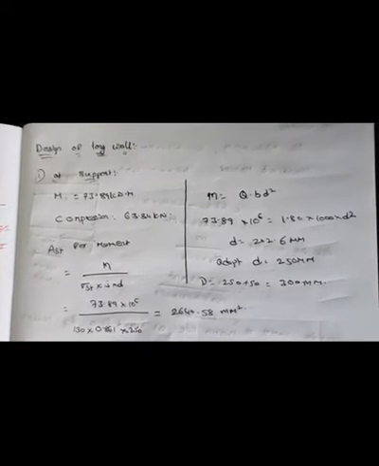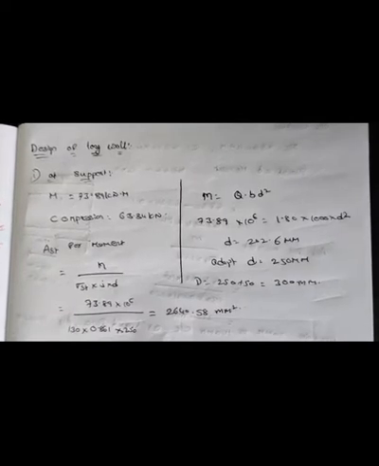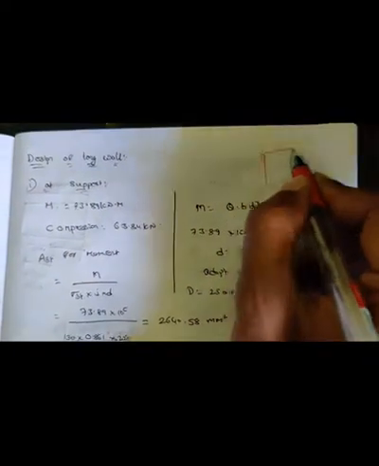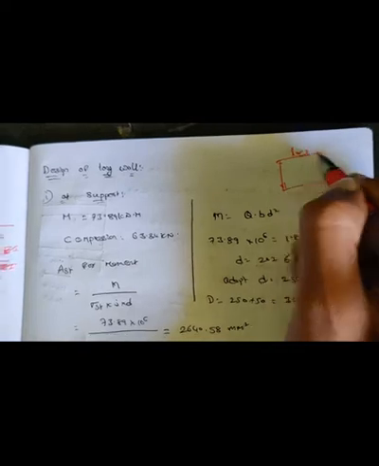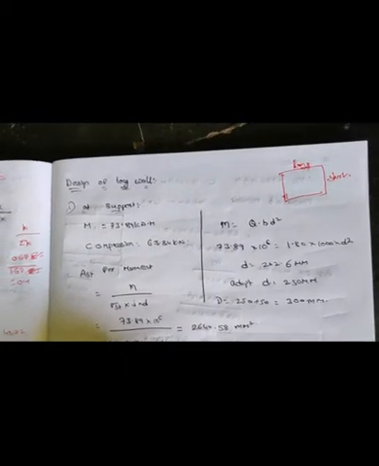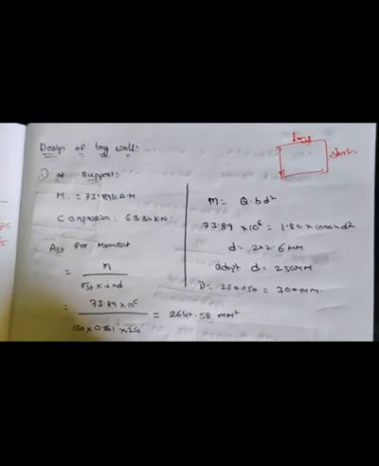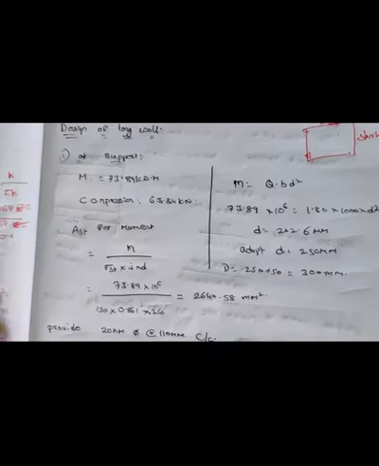Okay friends, in the previous video we have seen distribution factor, moment distribution, design constants and everything. Now obviously for a rectangular water tank, we have to design for the long wall and we have to design for the short wall. No complication here, as we have seen in our resting on ground procedure, same procedure. Only the thing is there we considered it as tension, here we will consider it as compression. Okay, so let's go for design of the long wall.